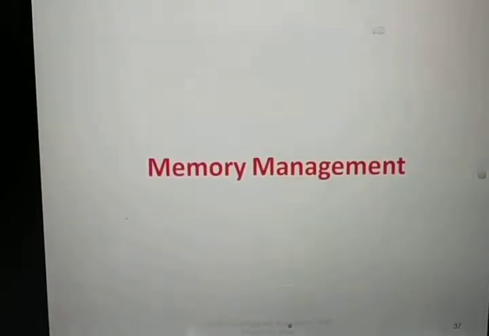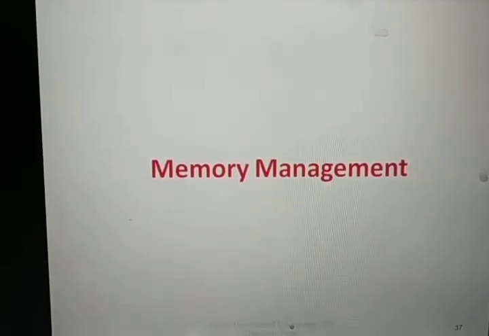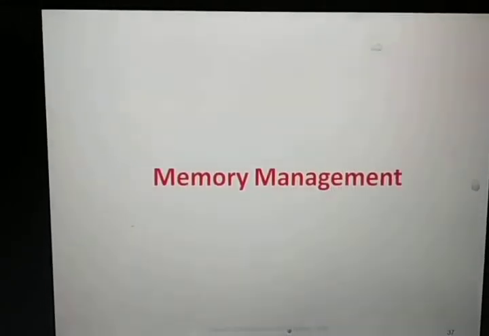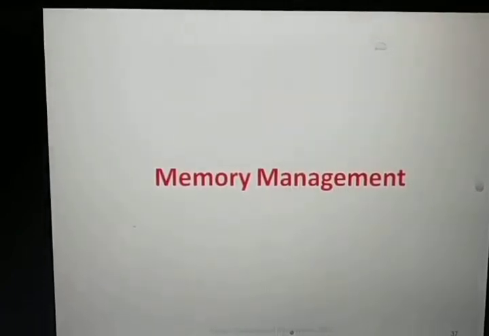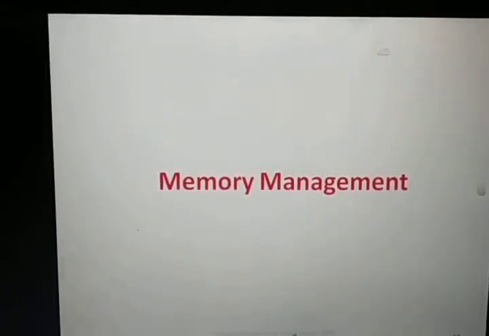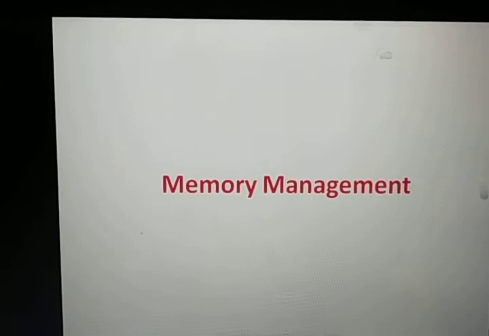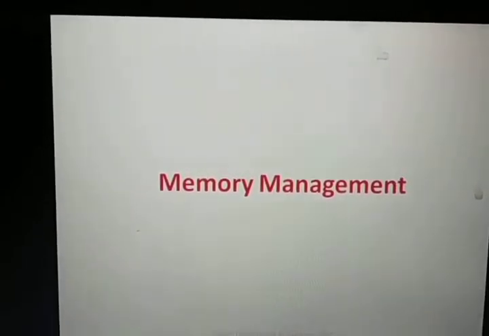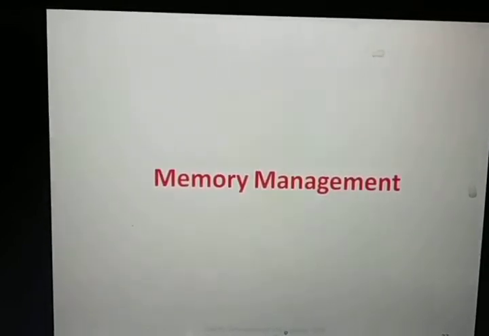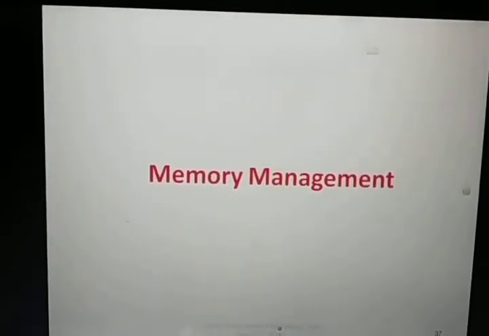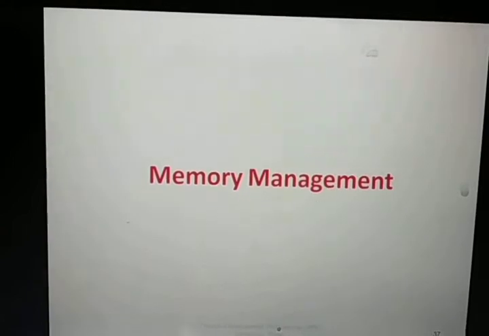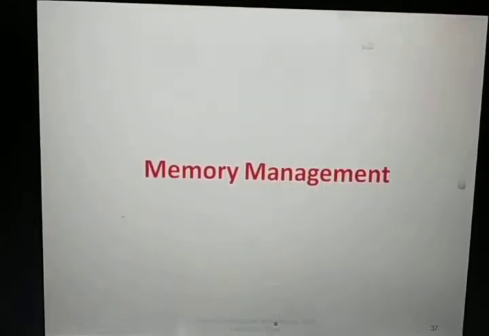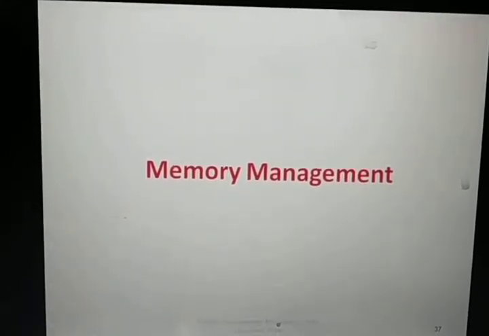Hello everyone. Now in this lecture we will discuss memory management. In the last lecture we discussed the status and hidden registers like control register, debug register, and test register of 80386, and some general purpose registers which are already in 8086, but these are additional registers which are in the 80386 processor. Now we will discuss memory management of the 80386 processor.